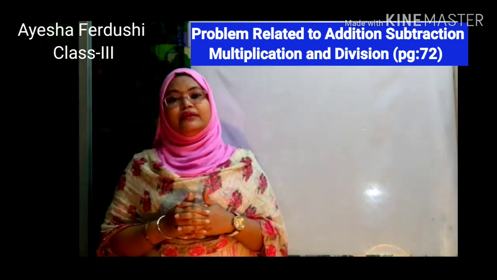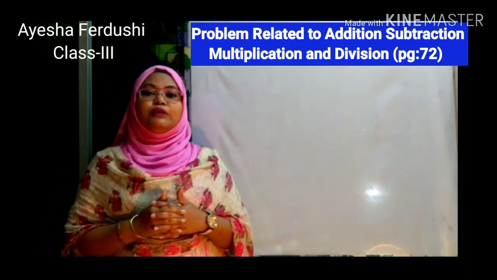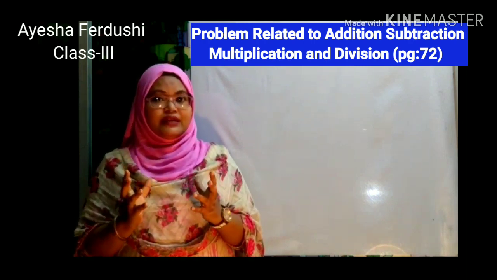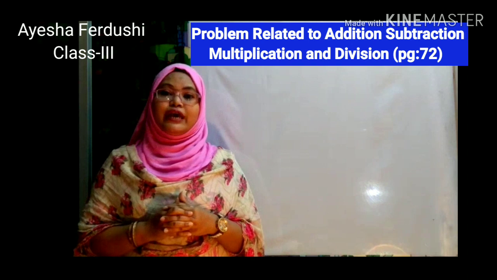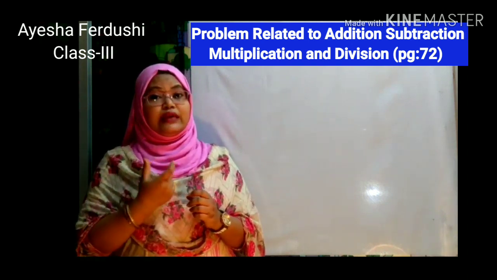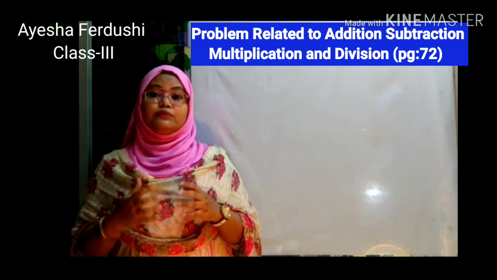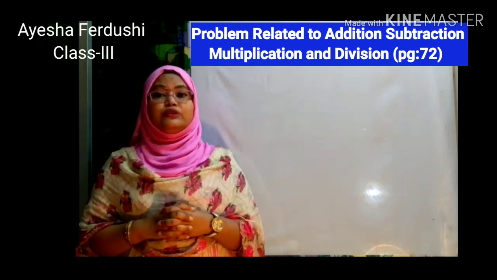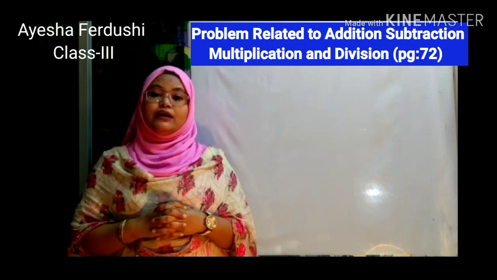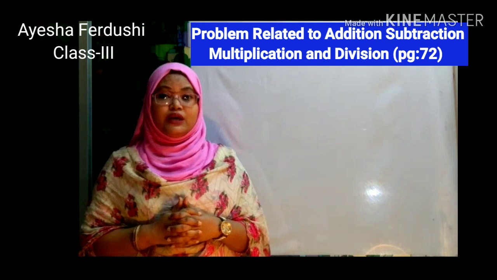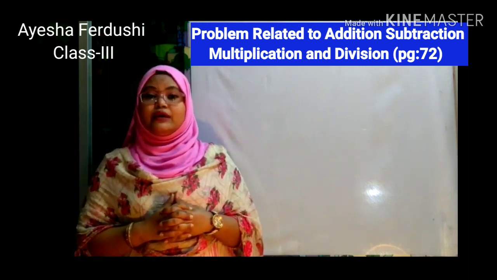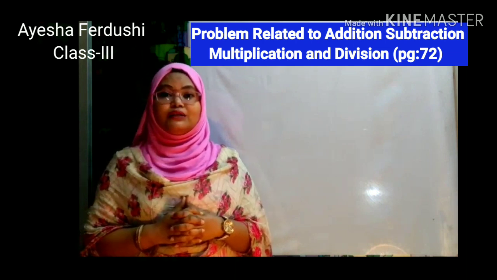Subtraction. Another thing, multiplication. You know, after doing multiplication we get a big number, isn't it? That means if in your question the information part has the less amount and the asking part has the big amount. Suppose one pen price is 10 taka and your asking part has 10 pen price. So one pen price 10 taka, so 10 pen price, what will that be? You will find it by doing multiplication.